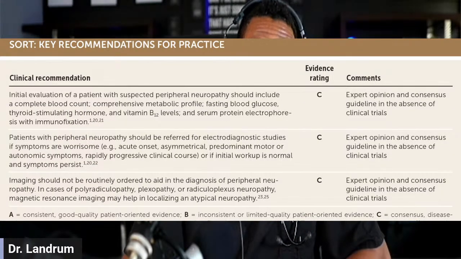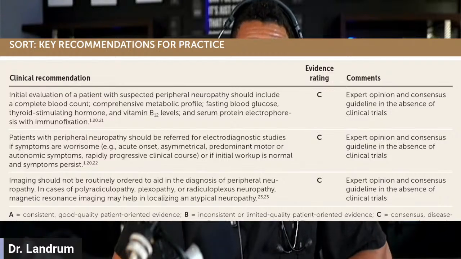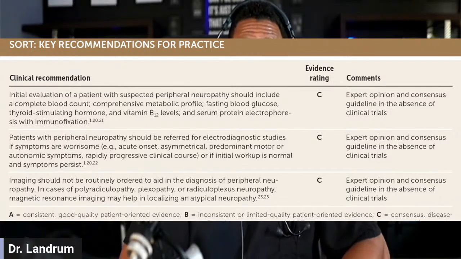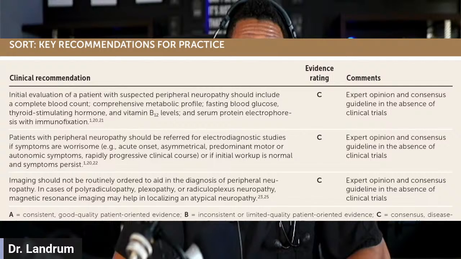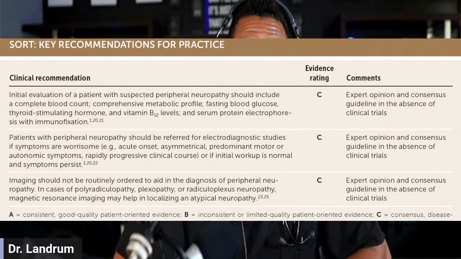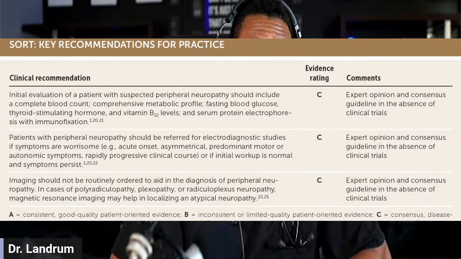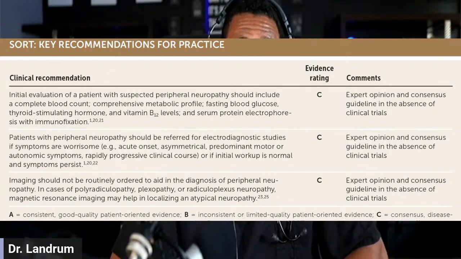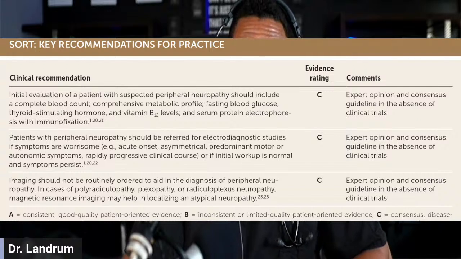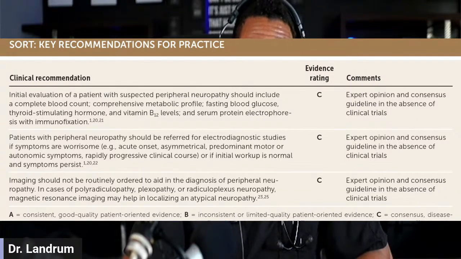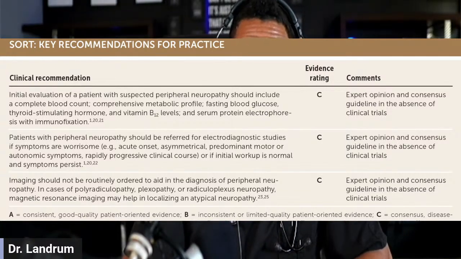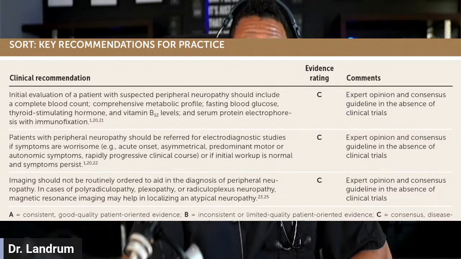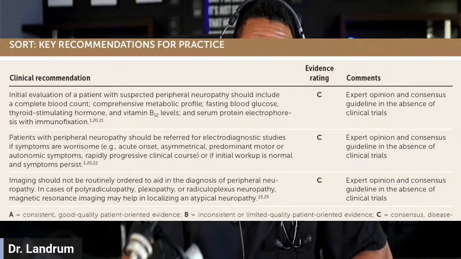All right. So let's talk about what if you're that patient? What are some of the key take home points that you want your doc or healthcare provider to do to understand this better? So one, you want to get labs. You want to get things like a complete blood count. You want to get a fasting glucose. You want to get a thyroid. You want to get a vitamin B12. You want to get other tests, potentially an electrodiagnostic test, where they see does the nerve function well. And then you want to identify, are there issues with the nerve where you can see there's a mixture of different things like polyradiculopathy or plexopathy.